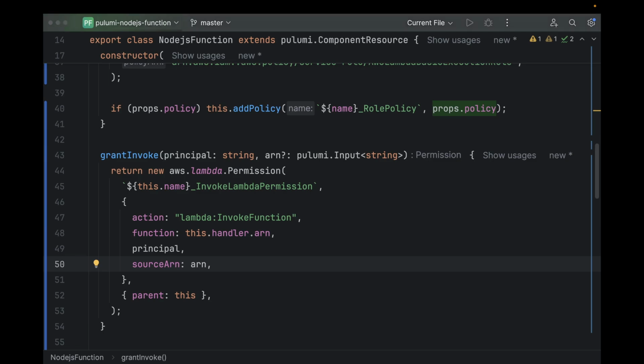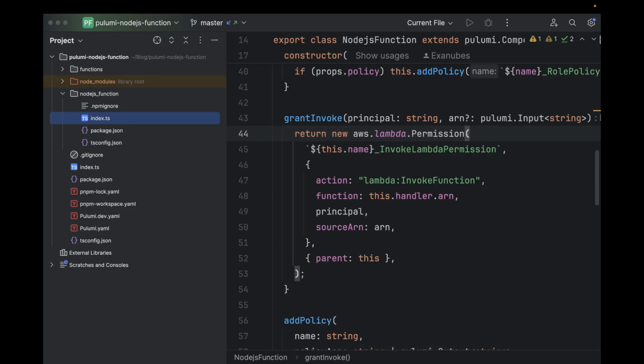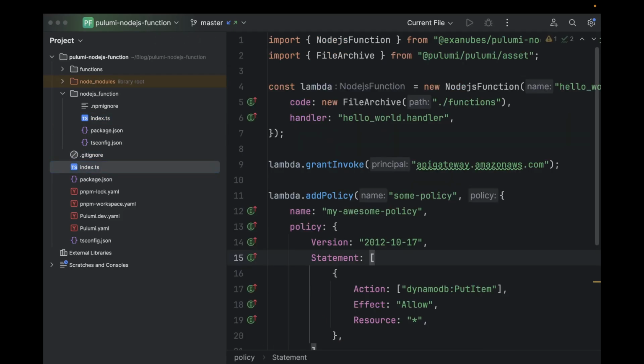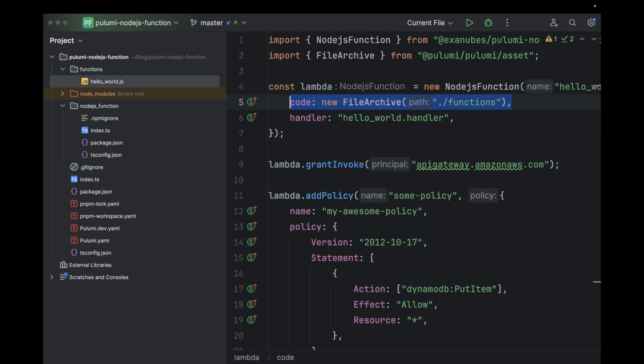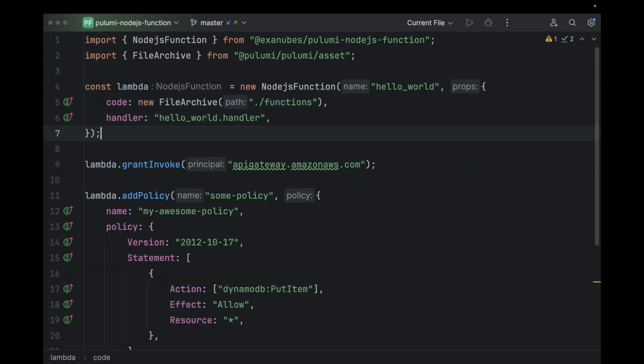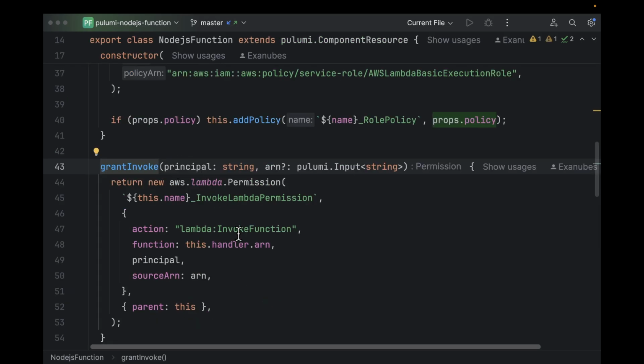I've already prepared it, so let's quickly go over the code. First, I'm creating a zip from the functions directory using the asset utility from Pulumi. The file name is hello world and the export is handler. I'm using the grant invoke helper to allow access from an API gateway. I want to keep this brief, so I'm not going to create and integrate these two, so it's without an ARN. But what this does is it says that a service from this principal can perform this action on this